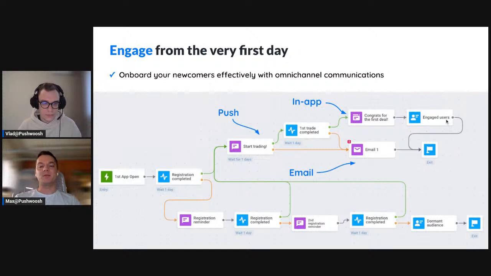At the same time, at the end of the scheme, it would be a good move to mark both cohorts with a specific custom tag value like engaged users and dormant audience. This approach will allow you to build segments for re-engagement campaigns or special offers to be sent to each cohort afterwards, and that would be a separate action.